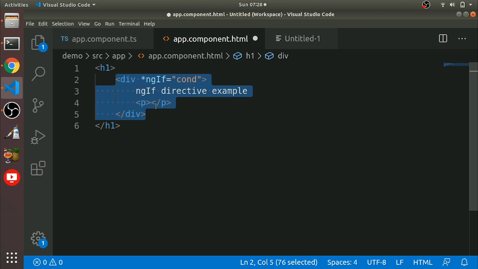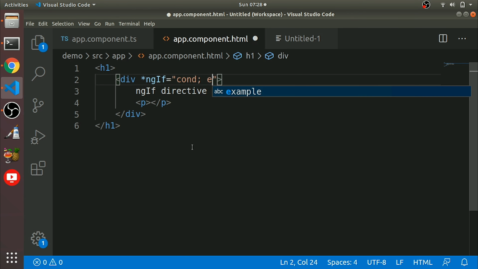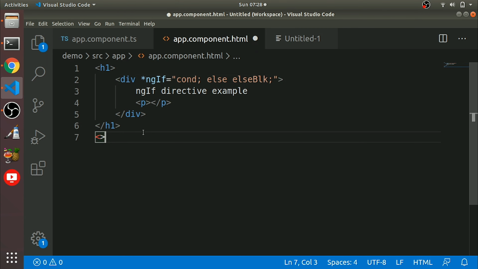Okay, so next we can have ngIf else. Suppose if the condition is satisfied, it will show, then we can have semicolon else, like an if else block. We can put an ng-template over here and give a reference, else block, here.